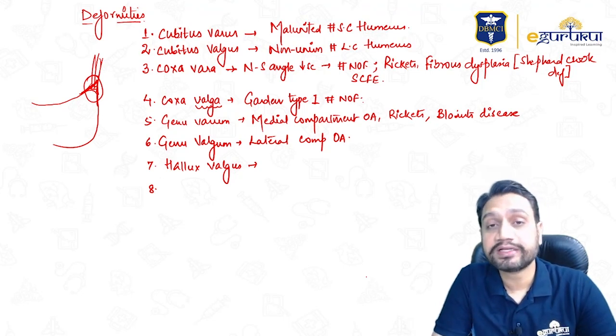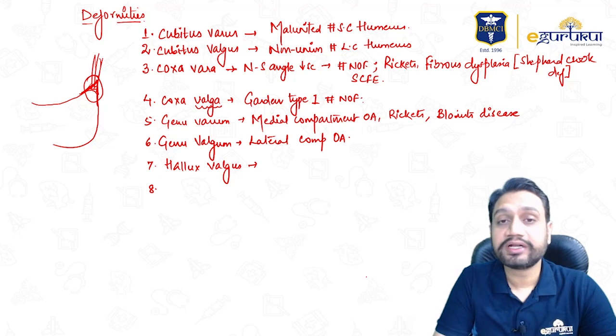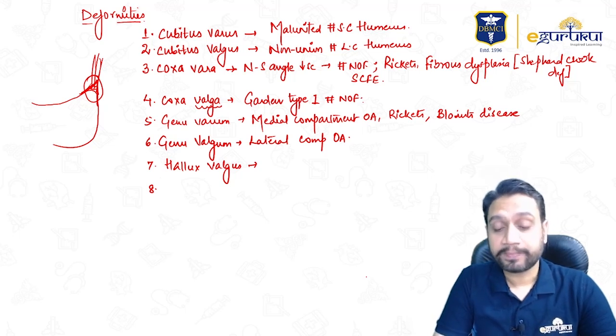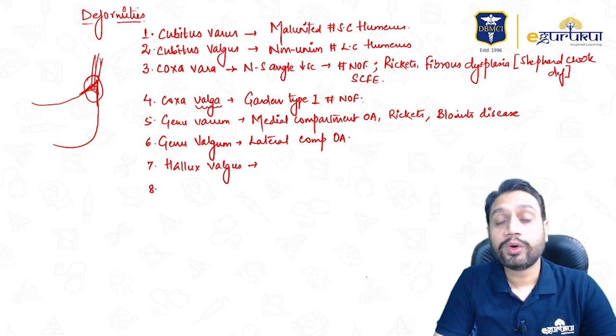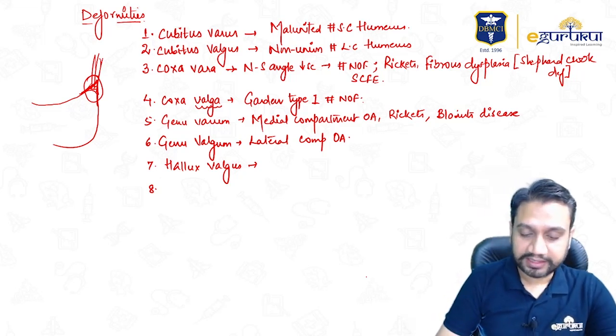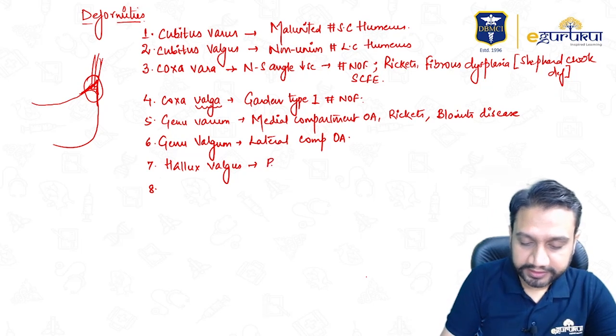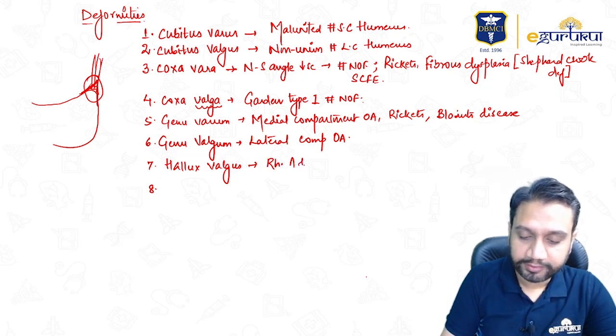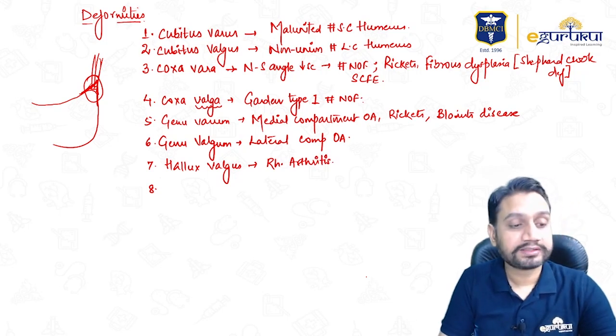So deformity, remember the deformities around the joint, remember the deformity of the calcaneum, the Haglund's, and the condition with which they are associated. So this is about the deformity, just simply around the joints. Other than these, I want you to remember other deformities as well. What are the other deformities as well? This is hallux valgus related commonly to conditions of rheumatoid arthritis. Related to rheumatoid arthritis, right?